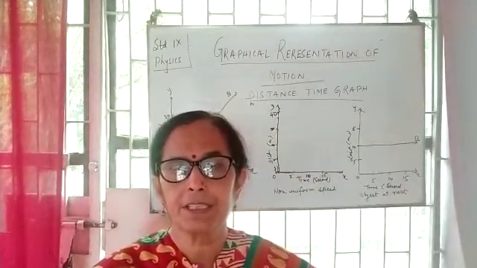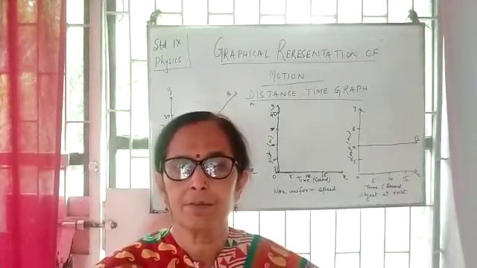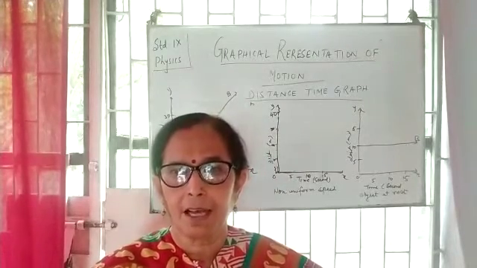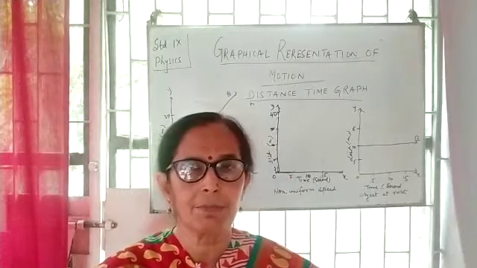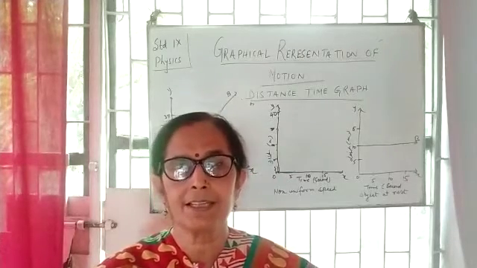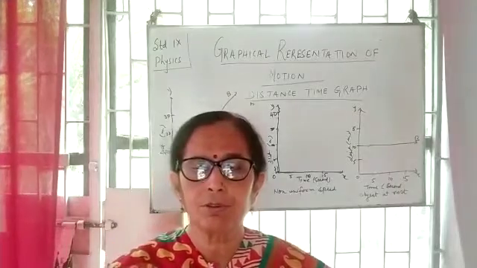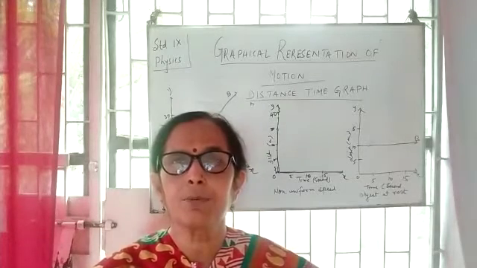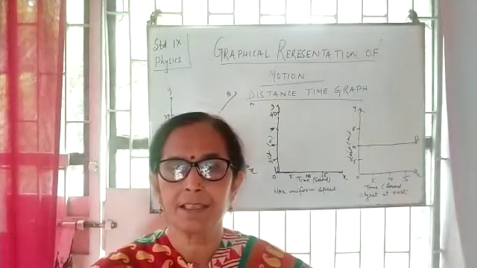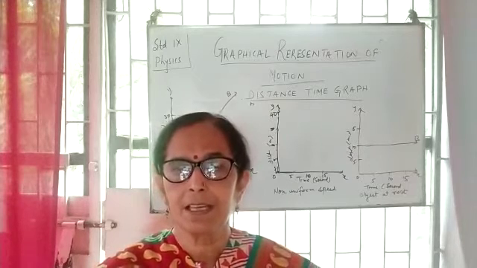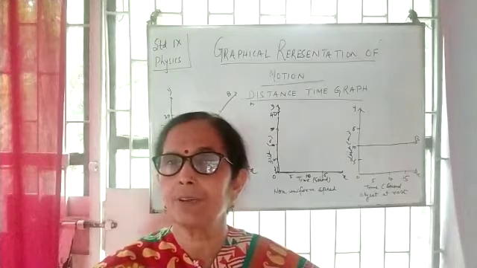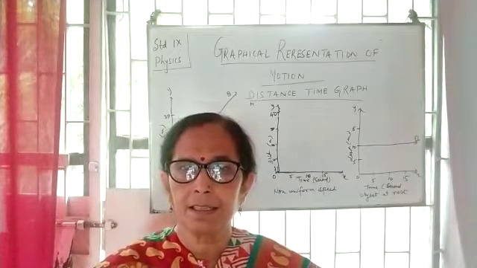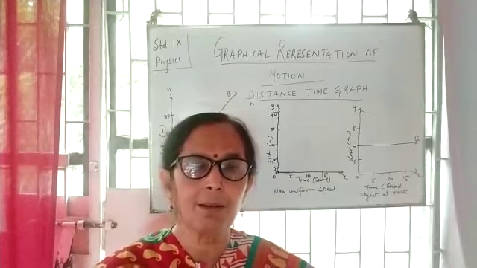You know that when the object is in motion, obviously when the object changes its position with respect to origin, then it is in motion. And when the object does not change its position with time or with respect to origin, then the object is at rest. And we also know uniform speed, non-uniform speed. The object covering equal distance in equal interval of time, then it is in uniform speed. If the object is not covering equal distance in equal interval of time, then the speed of the object is non-uniform. Let us discuss all these terms with the help of graph.